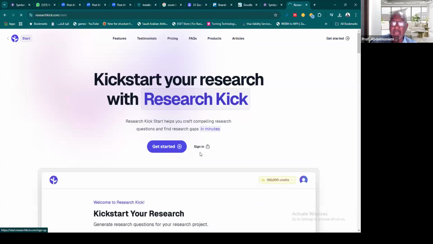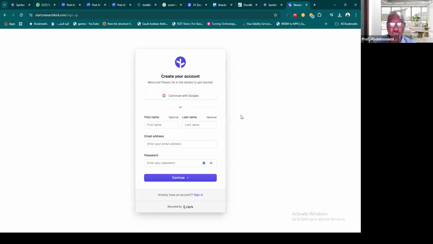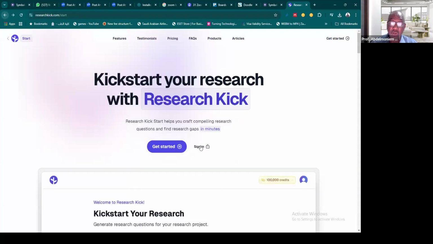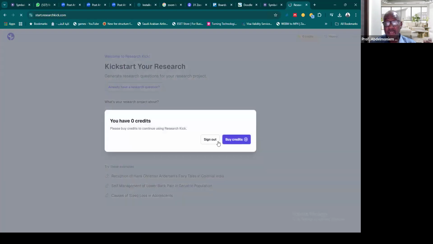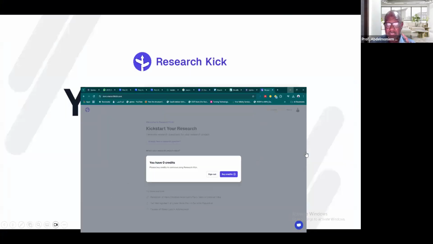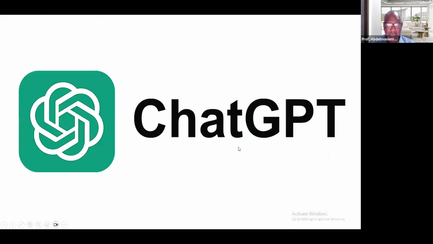Of course, this is a trial version, and I can sign up, but I have already signed up, so I can click here and continue to Research Kick. So Research Kick is number 1. Okay, now I have to pay. You can buy a credit, but I wanted you to see how it works. This is Research Kick, for academics by academics.